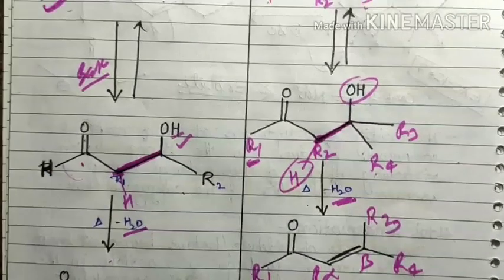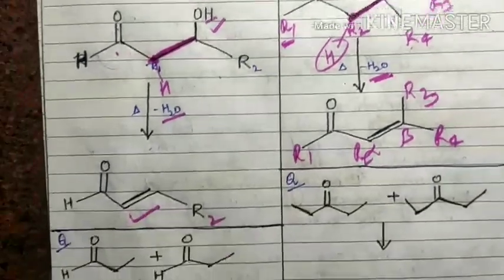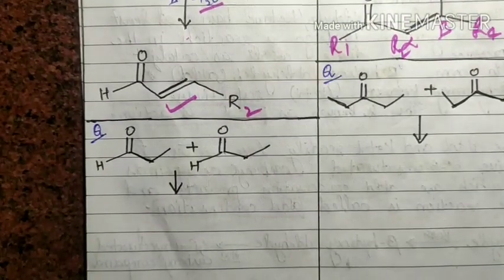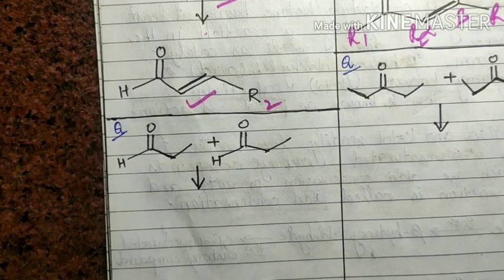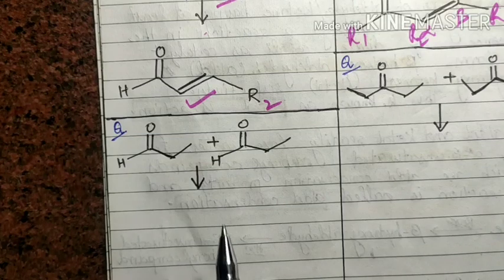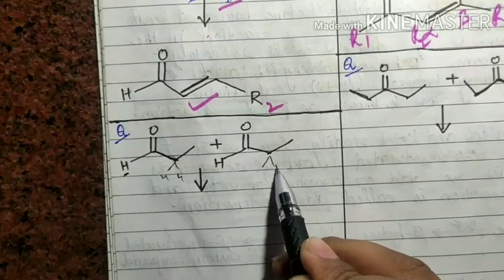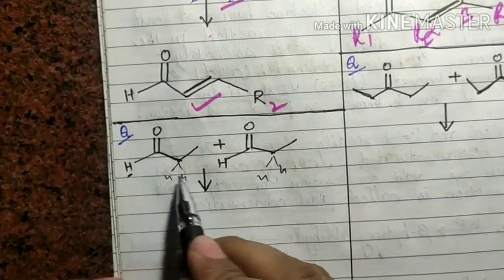So in this structure, when you want to write the product of aldol, you should remember where the substituents go, that means where the substituents should be attached. I write two examples here for you on how to write the product. Let me explain this example again. In this example, first find the alpha hydrogen. Here there is no alpha hydrogen, but here there are two alpha hydrogens, and both molecules are similar. So anyone can form the enolate.